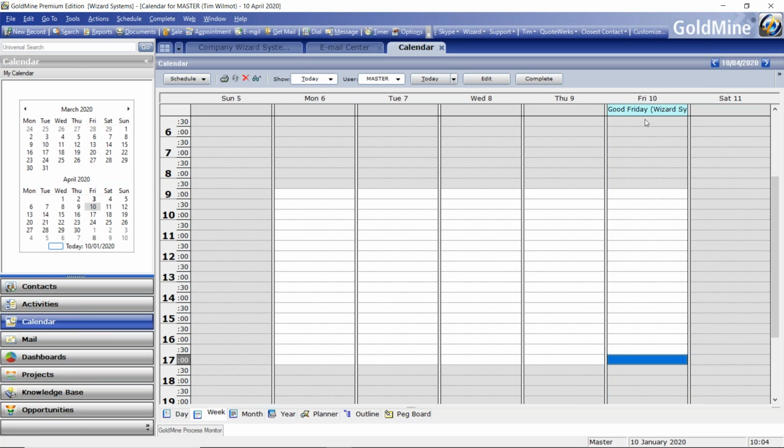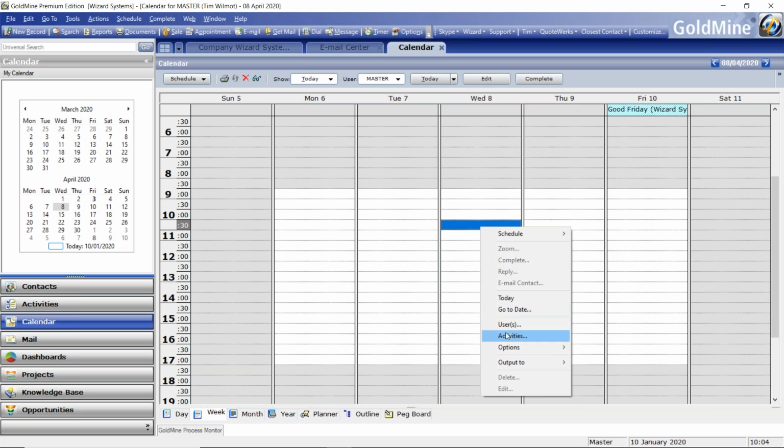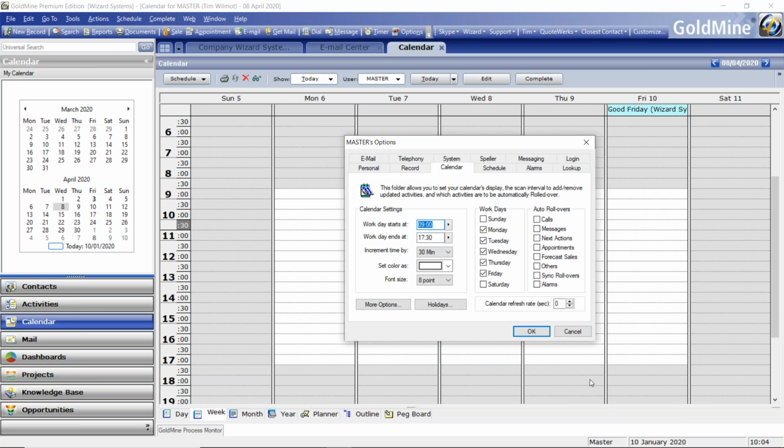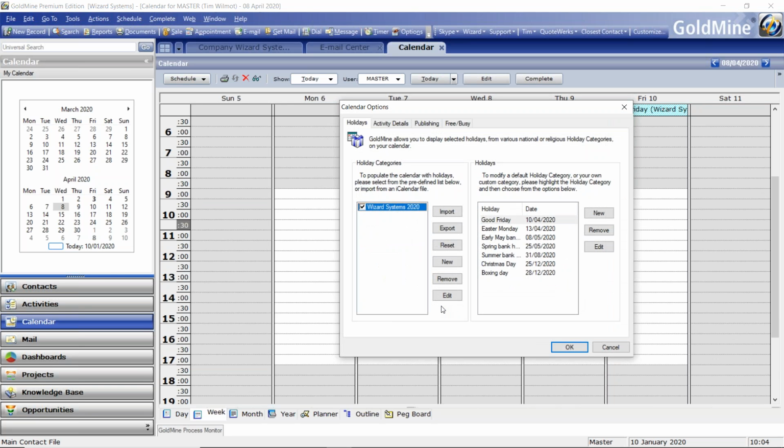So this is in the UK, 2020, Friday the 10th is nominated as Good Friday. How did that get in there? Well, you would go to your options in GoldMine, your calendar options. So you could go to your options, or you could right click over the calendar and go down to options and calendar options down here. This will then display the calendar tab on your options dialog box. I just need to click on this holidays button here, which is where I can input these particular public holidays